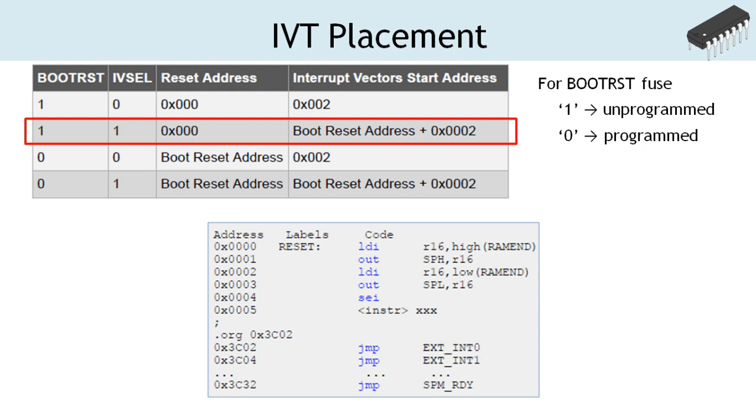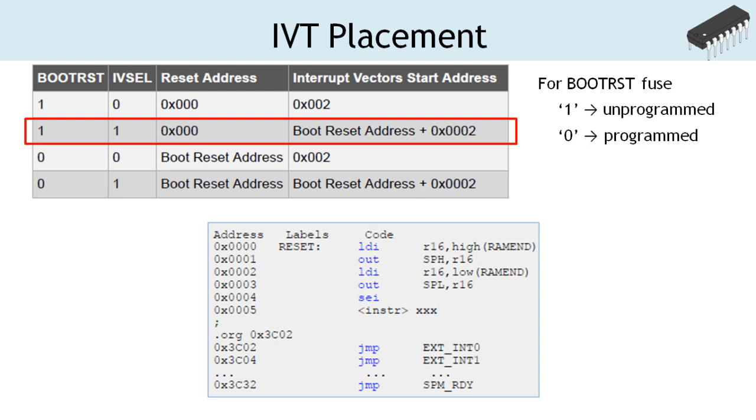And the interrupt vector table for the rest of the interrupts starts from the boot reset address plus 2. The boot reset address is defined by the size of the boot flash section. In the scenario shown here, the boot flash section size is set to 1024 bytes. Hence, the boot reset address is